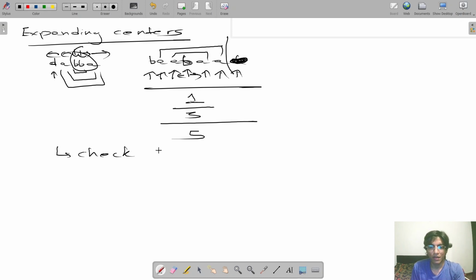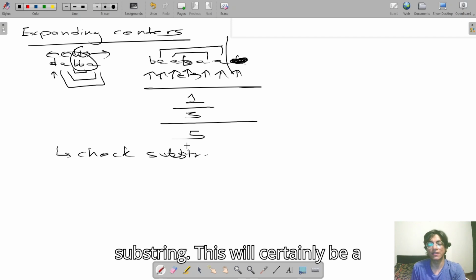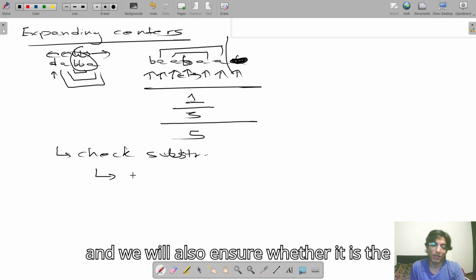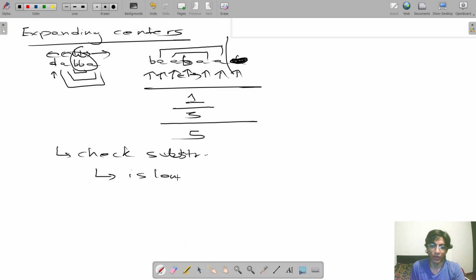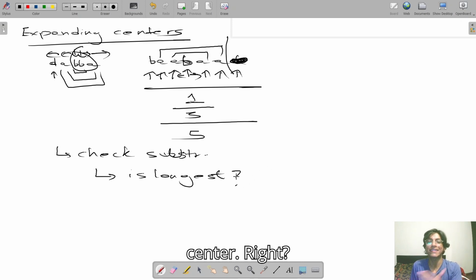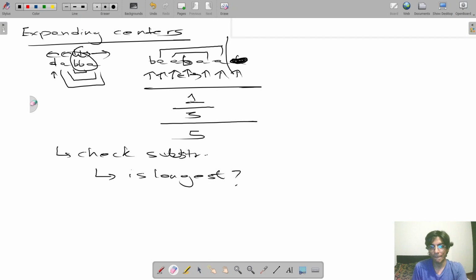whether this substring that we have will certainly be a palindrome, as we've ensured, and we will also ensure whether it is the longest or not. If it is, we update our answer. If it is not, we will simply move on to the next center. Now,